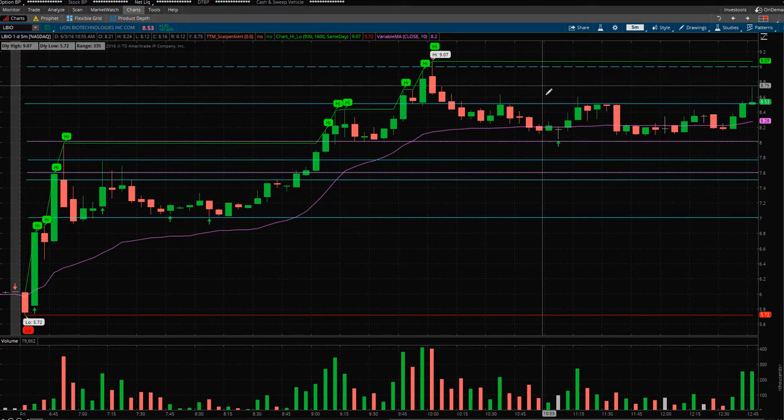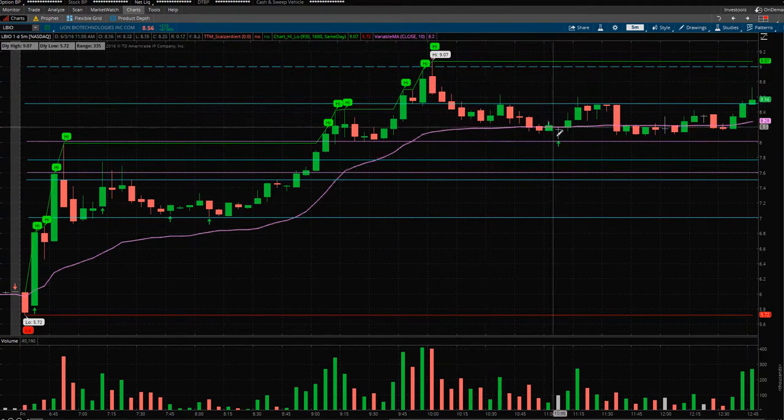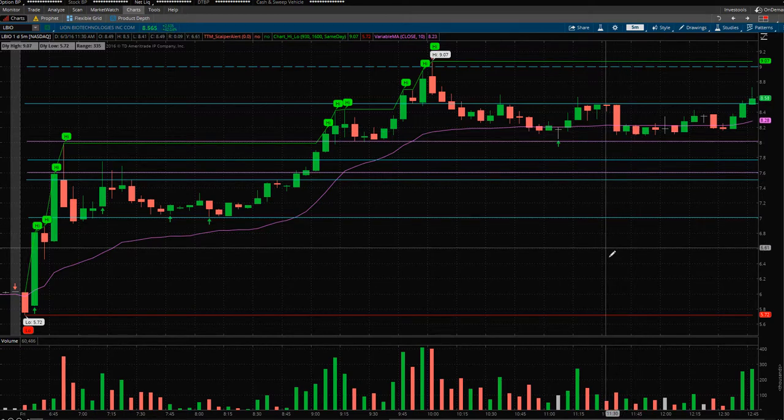And a short bias trader may look at this chart and say, hey, forget buying and selling it. I'm going to short it right here at the top. I'm going to short it at $9. I'm going to short it when it fails to explode well above $9, and then I'm going to cover down in through here. Just the 8.10, 8.20 range. Okay, so that's a whole other school of theory. But the point I'm trying to illustrate is the